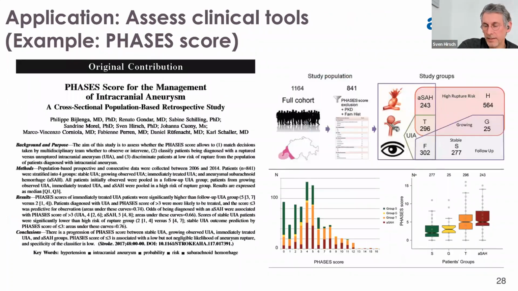So what we've done with that, in this first step with these tools that we had, we looked at this PHASES score to see how well it performs on an individual level. And what we saw is, yes, on a publication level, it reproduces the claim from the Rinkel group really well. But on an individual level, it's highly risky, because very many aneurysms that would be rated low risk in the end had a very high rupture risk or a high rupture percentage. So it's certainly not ideal.